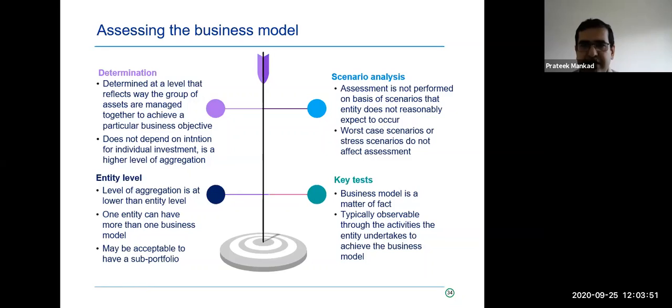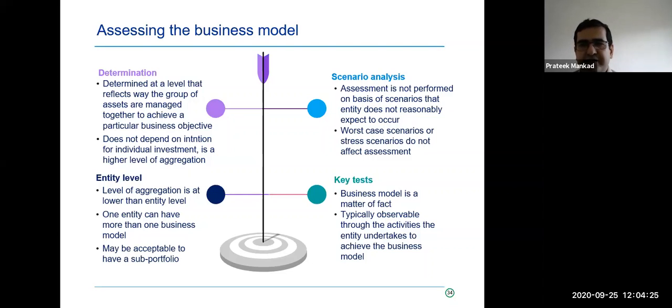And therefore, I think we must take a few examples to assess. One of the common guidance is basically for something to be FVOCI versus amortized cost, you look at the frequency of the sale, right, and the value of the sale. And I don't know if you all remember, but about year and a half back, ICAI came out with a FAQ on this. And the FAQ was also unfortunately not very prescriptive.